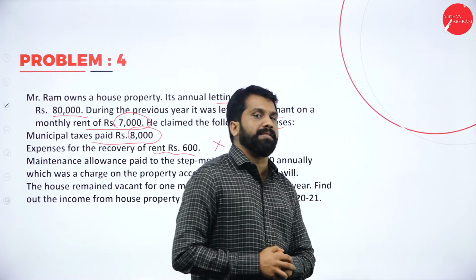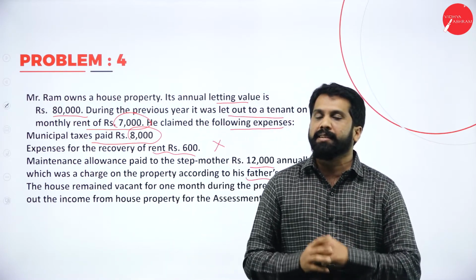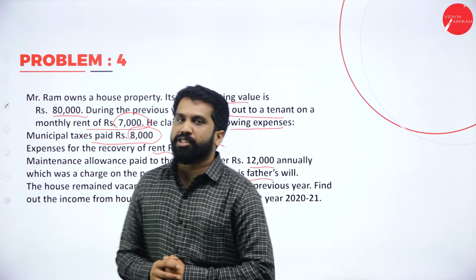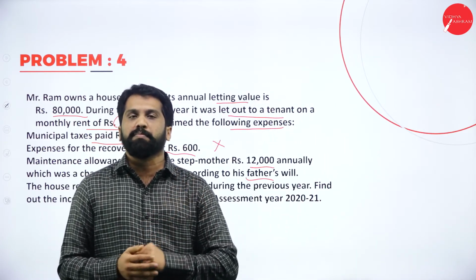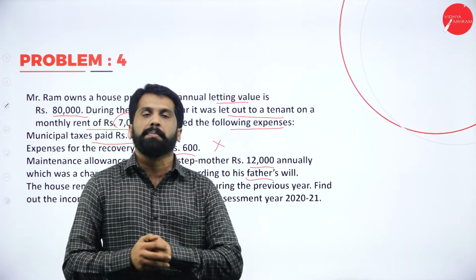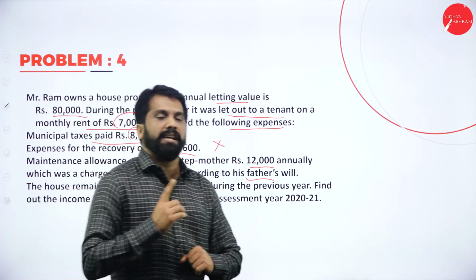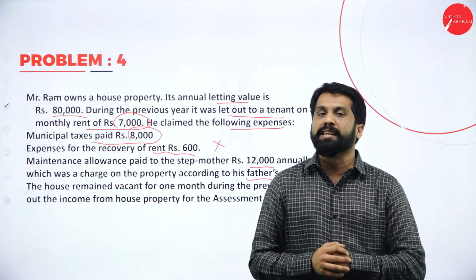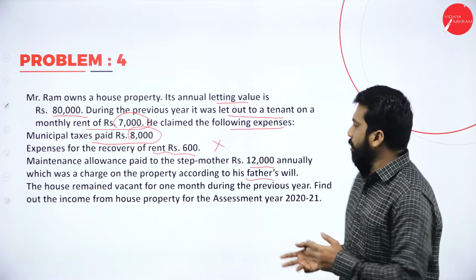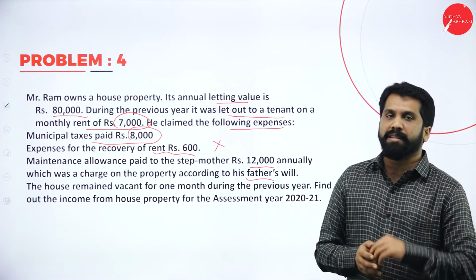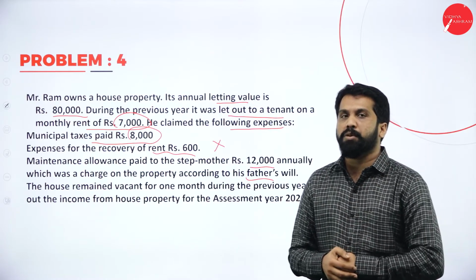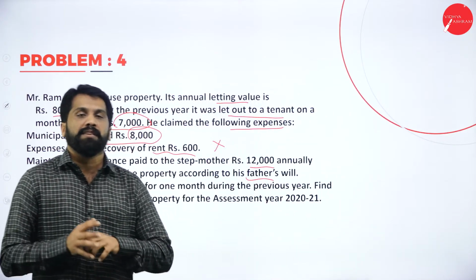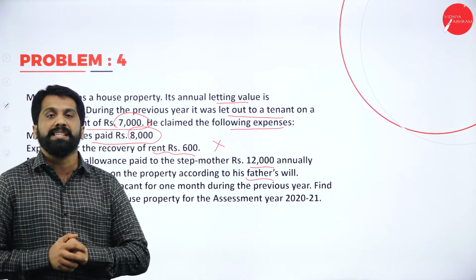In that, what happens? Go to the climax scene. The father says, see, it is my last word. If you want this property, you should take care of your mother. Again, I repeat, it is the last word. So if you want to take this property, you have to take care of your mother. It costs you around 12,000 annually. It is around a 40 year old movie. So 12,000 per annum will be the cost of taking care of his mother.